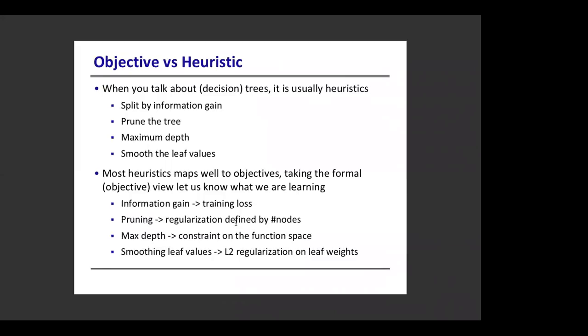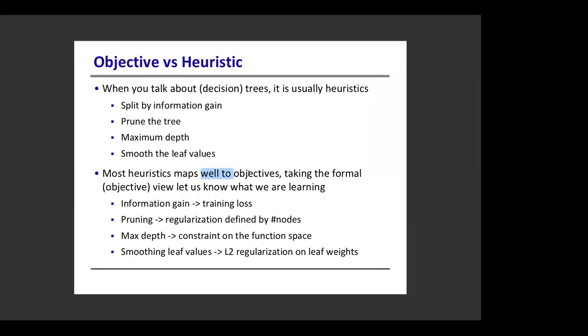When we talk about decision trees, it is usually heuristic. We split based on our information gain. Remember the point that we talked about? We split based on the entropy change. The same thing could be the information gain. And we basically prune the tree. Pruning means once we have finished creating the tree, we go back and remove the nodes which have caused the wrong outcomes. That's generally pruning the trees, and also smoothing the leaf values, as in having a minimum number of leaves and so on. So in the case of decision trees, we use heuristics to first split the data based on what we have,